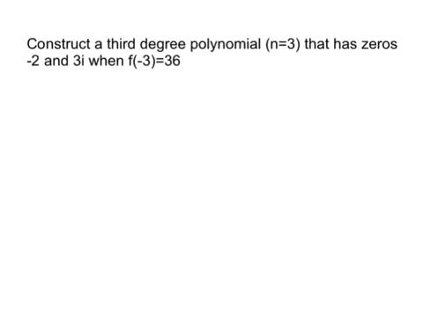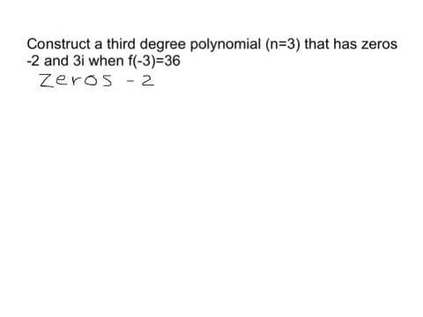For this problem, we're asked to construct a third-degree polynomial that has zeros -2 and 3i when the function's value at -3 equals 36. So, first of all, we begin by noting that a third-degree polynomial, n equal 3, means there's 3 zeros. And they give us 2. So we know